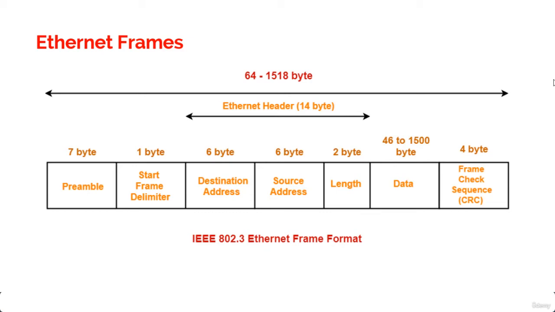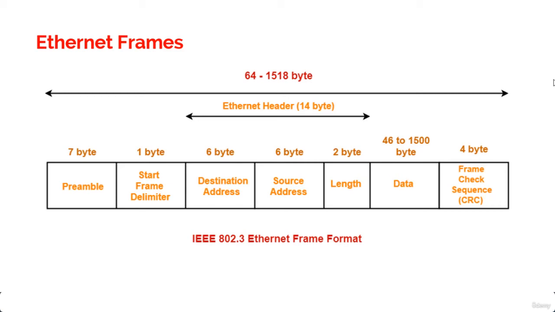Then comes the source address. The source address is a 48-bit MAC address used to specify the transmitting device, and it uses the LSB first, that is the least significant bit. Broadcast and multicast address formats are illegal within the source address field. Then is the length or the type. 802.3 uses a length field, but the Ethernet frame uses a type field to identify the network layer protocol.